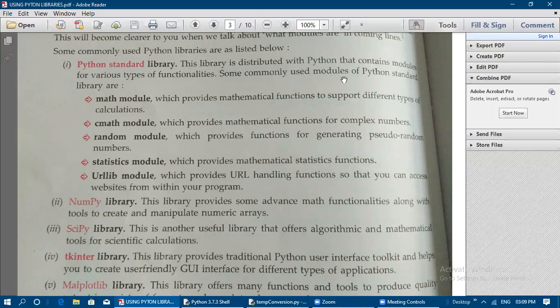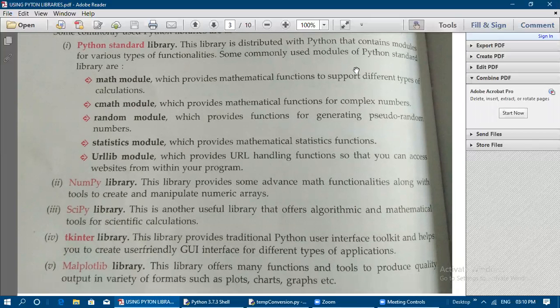First one is the math module, which provides mathematical functions to support different types of calculations. Next is the cmath module, which provides mathematical functions for complex numbers. Third is the random module, which provides functions for generating pseudo random numbers. Next is the statistics module, which provides mathematical statistics functions.